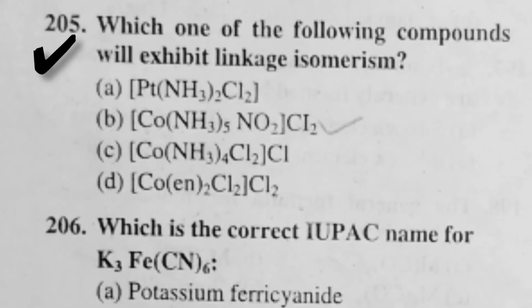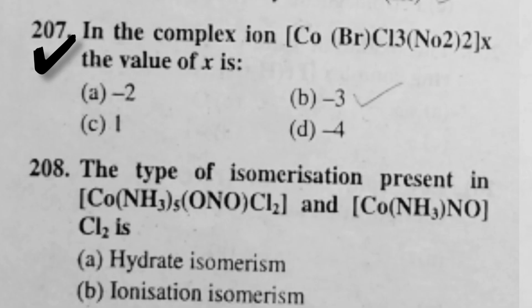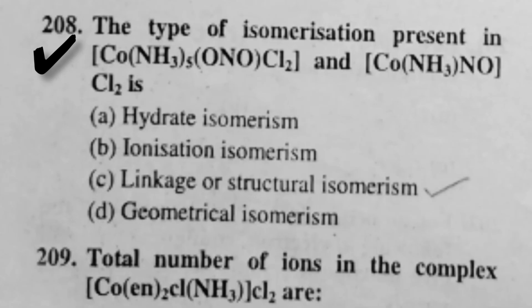Which one of the following compounds will exhibit linkage isomerism? Option B is right. Which is the correct IUPAC name of this complex? Option D is right. In the complex ion this, the value of x is option B is right. The type of